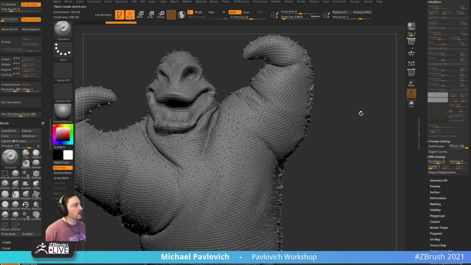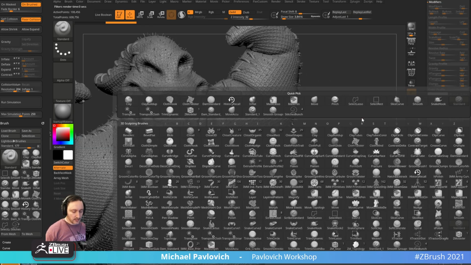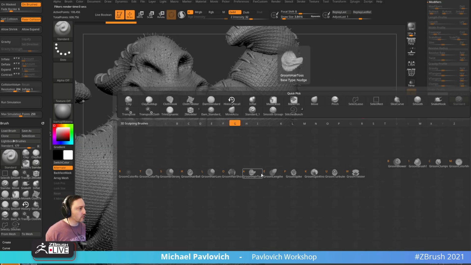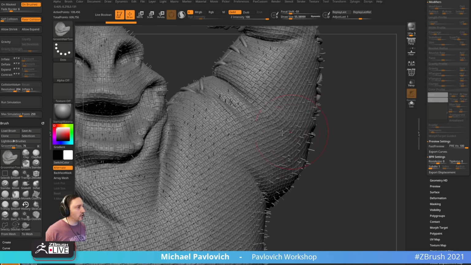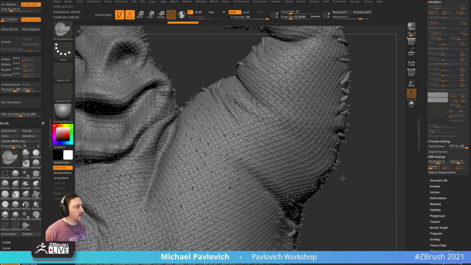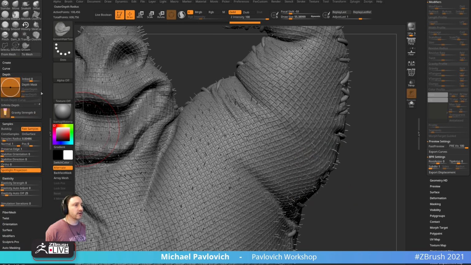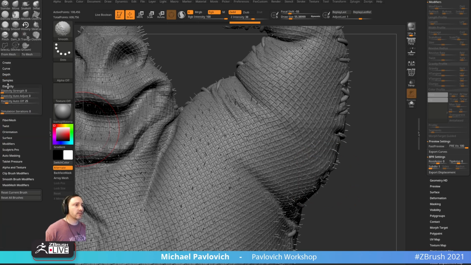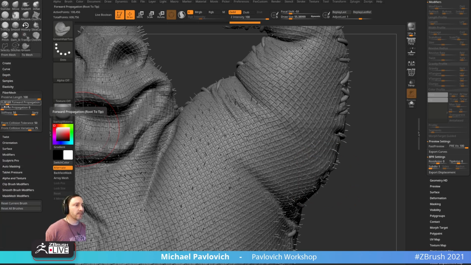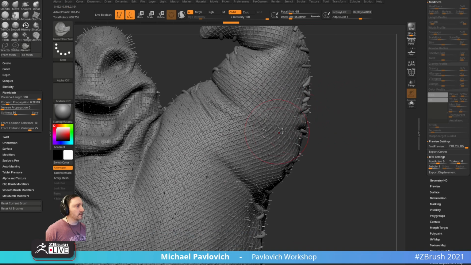So now, also we can go in here and groom these. So BG brush groom hair toss. If we want to just kind of comb this like fur, we can. Since they're so small, we may need to go in here to brush Fibermesh and say, that front collision tolerance, let's take that down to like 10 or something so we can lay it a little bit flatter. So now as I'm combing these and then hit BPR render, you're going to see they're going to kind of